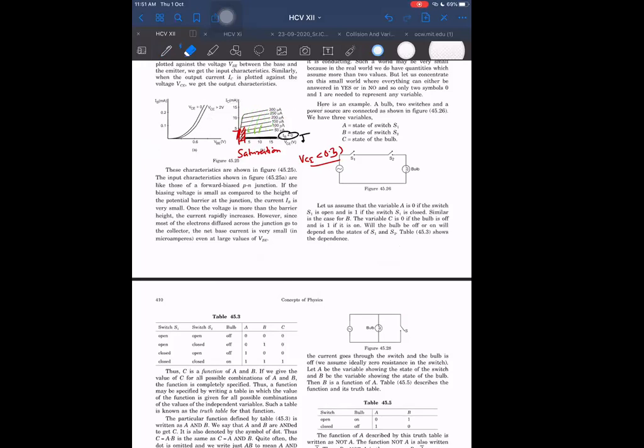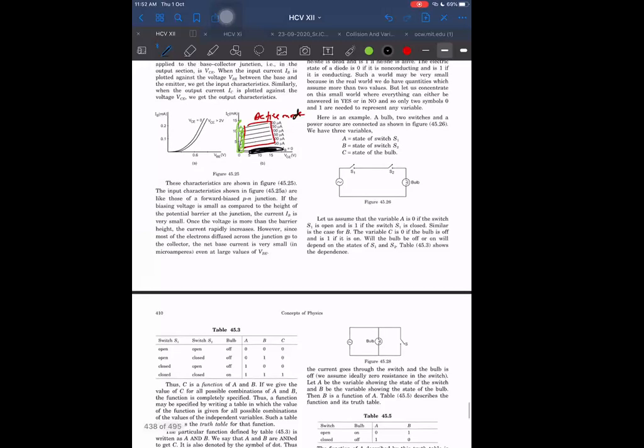So don't try to make a wrong relation with the photoelectric effect and start thinking that this should be saturation. No, this is not saturation. This is active mode here. Active mode. And this one is saturation mode. And below this here, it is cutoff mode. Okay. Right.